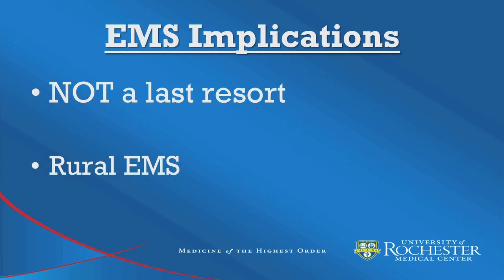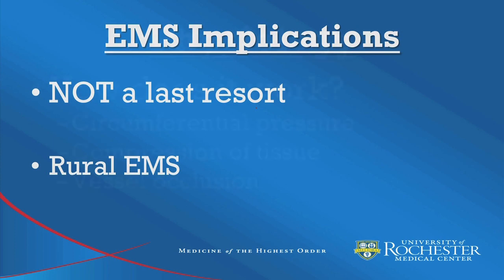EMTs have the option to use tourniquets as a first-line treatment. When faced with a life-threatening extremity hemorrhage, EMS personnel may apply a tourniquet to an extremity and be done with that immediate life threat. This will allow other treatment to proceed more rapidly. Time is therefore not lost holding pressure, and you now have another set of hands to assist. Rural EMS providers, by applying a tourniquet immediately, gain valuable time, allowing them to get to a hospital or rendezvous